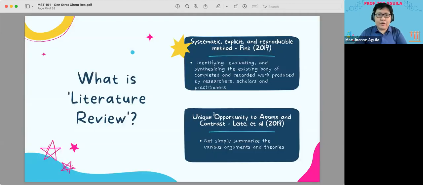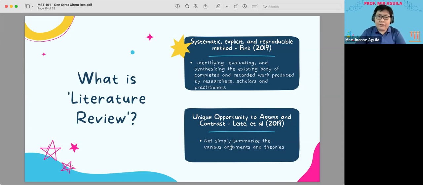So in these next slides, I will be focusing on what a literature review is. So literature review, as defined by Fink, is a systematic, explicit, and reproducible method of identifying, evaluating, and synthesizing the existing body of completed and recorded work produced by researchers, scholars, and practitioners. Since scientific research is generation of knowledge, it is always important to consult the knowledge that has been put forth already and synthesize it and figure out how we're going to make use of it